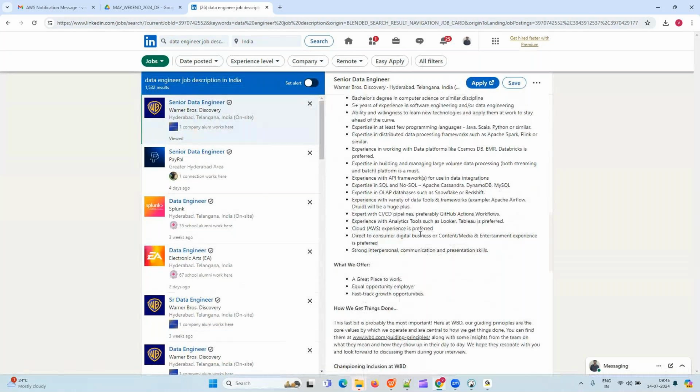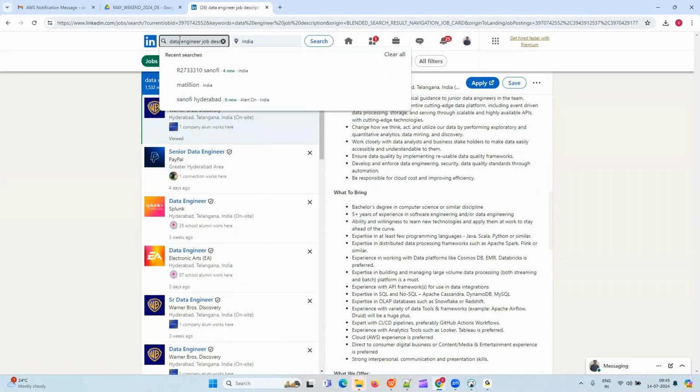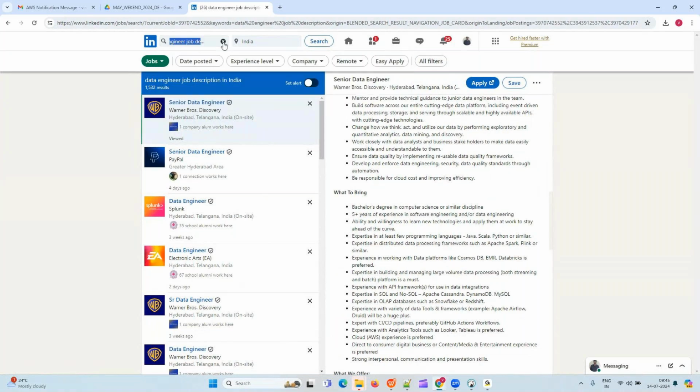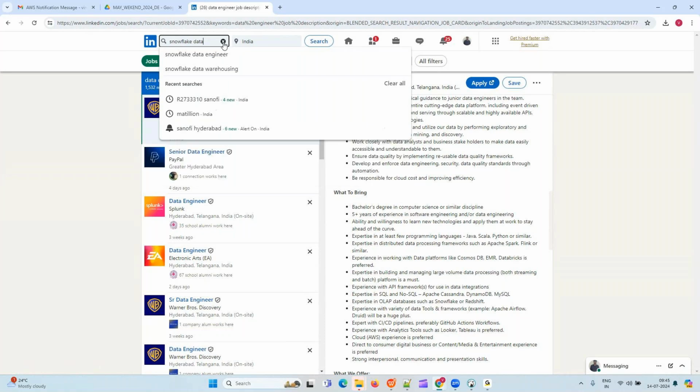Because we are taking Snowflake, let us do the Snowflake one only, because there is a lot of skill set here. Snowflake engineer.